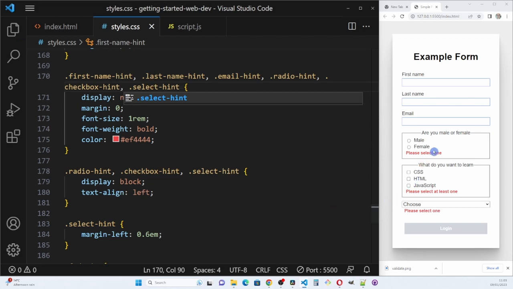On the radio buttons, checkbox buttons and select box, the hint comes up immediately. This is because when we give the focus by clicking on them, we are also making our selection at the same time. On the first name, last name and email inputs, the hint will come up when we give them focus and start to type. If as we type the input is invalid, the hint will show,